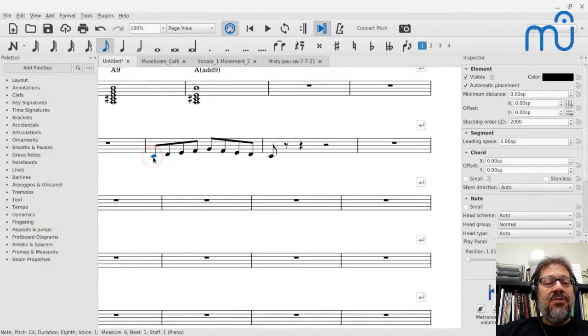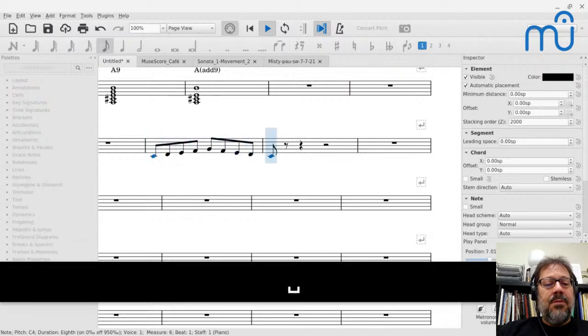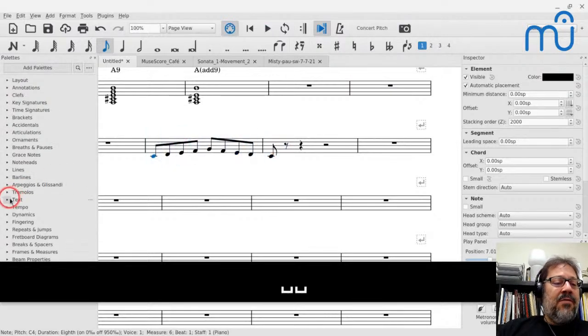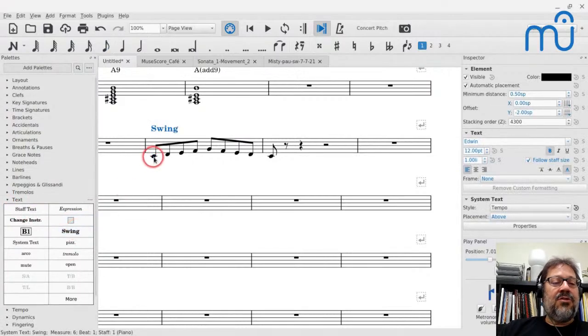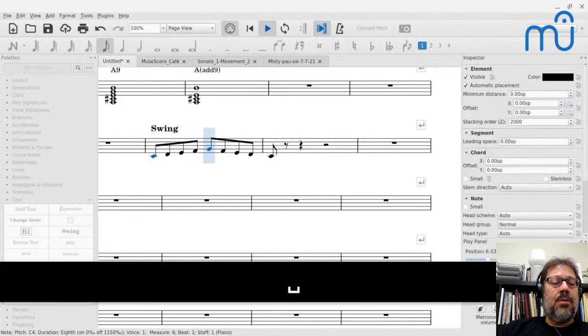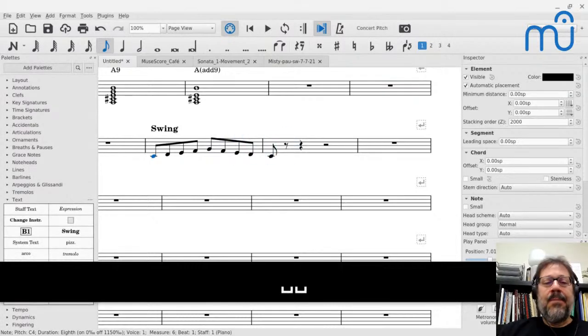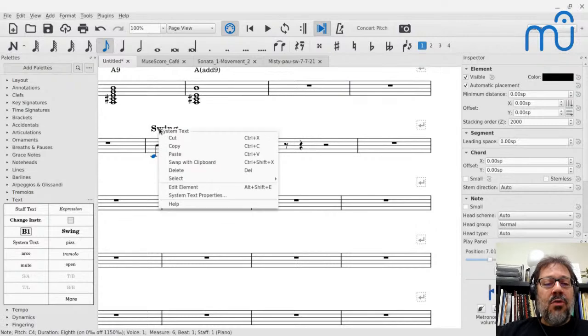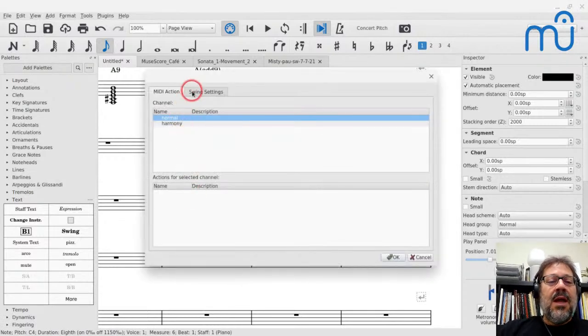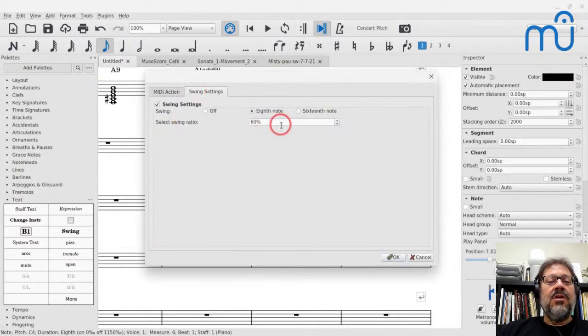So if I play this, they're straight. However, if I come over to the text palette and I add swing text, now they're swinging. You know, as swinging as much as a computer swings. But you can also right-click that text, go to System Text Properties here, and under swing settings, you can set